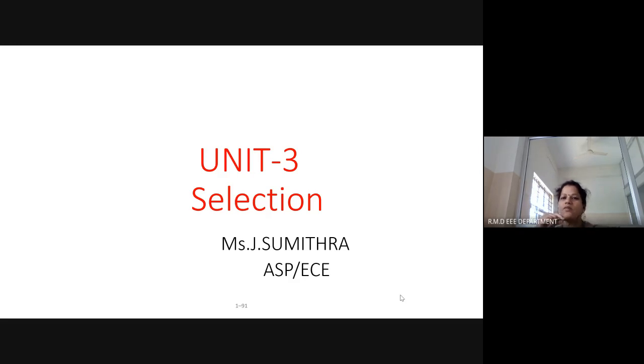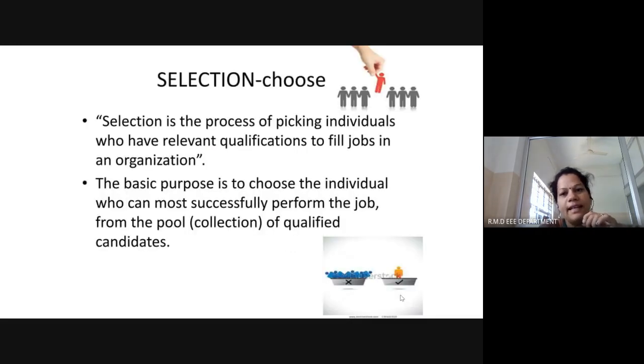And then selection is the one which picks one from the group of people, or picks an individual from the group who will be best suited for taking the job. So selection comes under most of the external recruitment process only. This is the process of picking an individual who has the relevant qualification to fill the job, or otherwise, it refers to the steps involved in choosing people who have the right qualification to fill a current or future job opening. Usually, managers and supervisors will be ultimately responsible for the hiring of the individuals, but